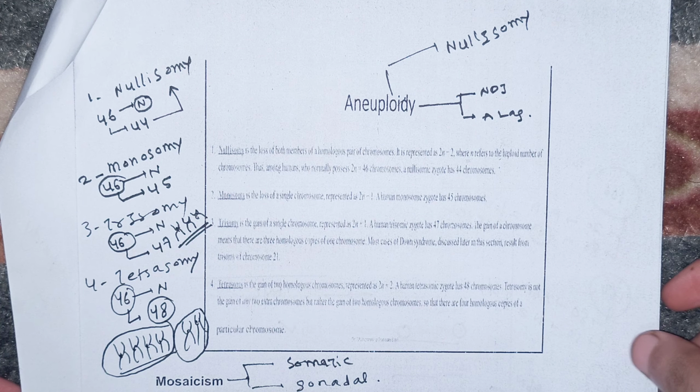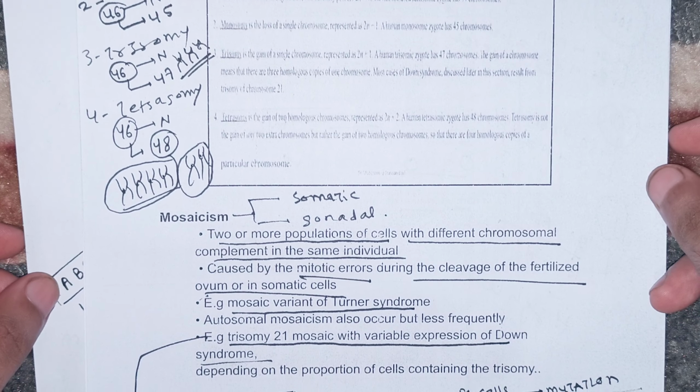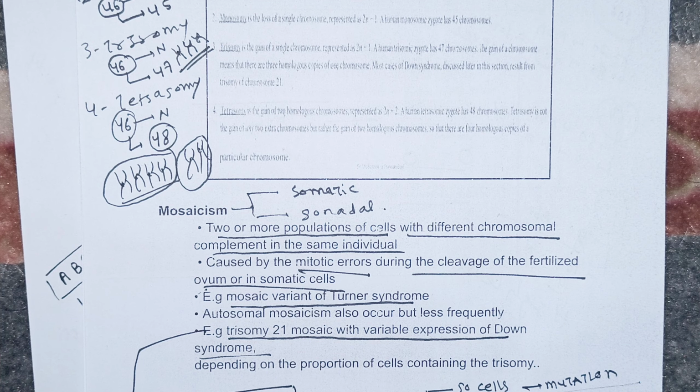Now let's come to another term, that is mosaicism. Mosaicism refers to two or more populations of cells with different chromosomal complements in the same individual. बेटा इसको बहुत आसान तरीके से कुछ ऐसे समझाया जा सकता है कि मोसेसिज्म का मतलब होता